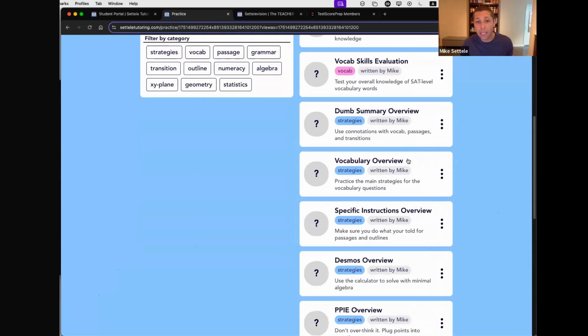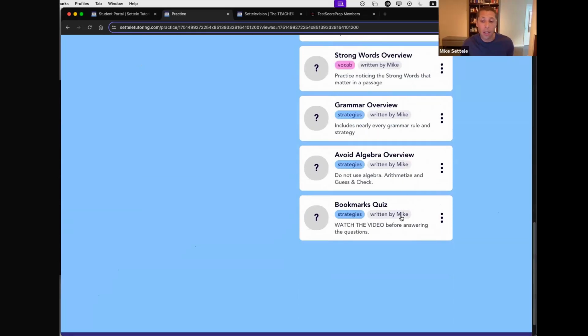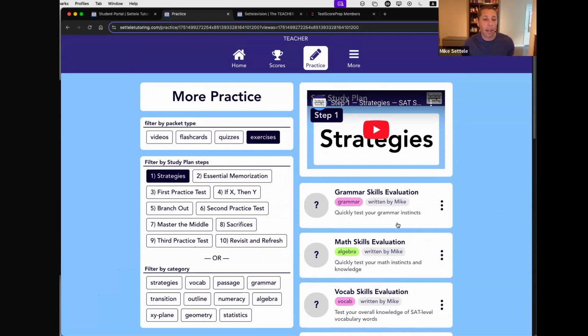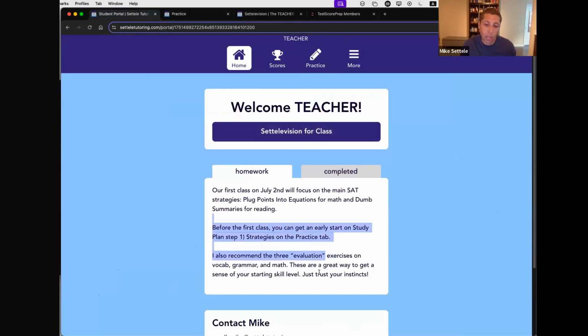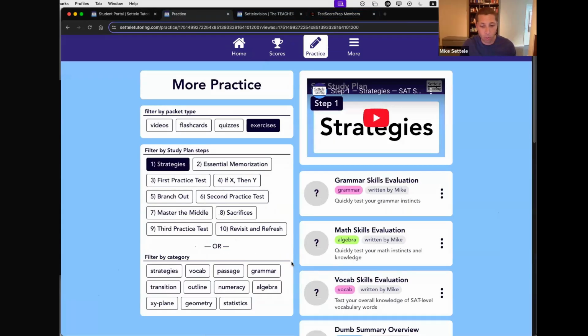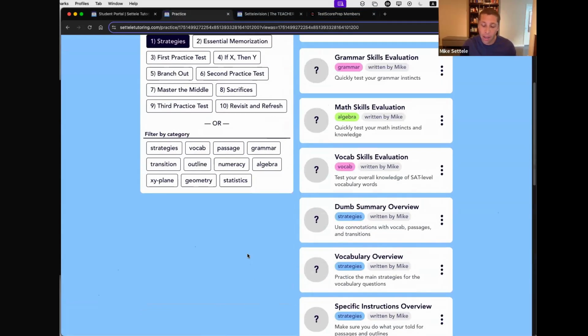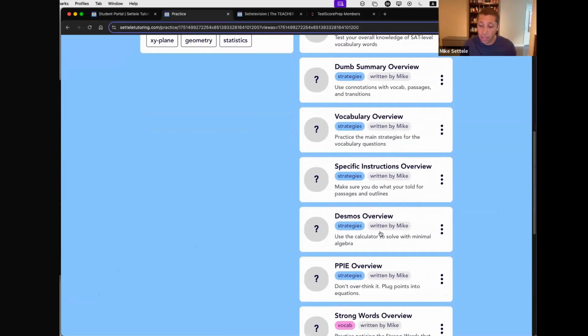So this is almost like a checklist that you want to make sure you accomplish each week. You can work on each week's lessons a little bit before our class. You can do a little bit after. I'm not expecting you to have completed everything beforehand, but basically every week you want to be working through one of these. And again, I'll post that in the portal, somewhere here, and then also in the other portal as well, so that it's in multiple places. So it's just a really great way to stay organized. And we are going to talk about things like dumb summaries today.